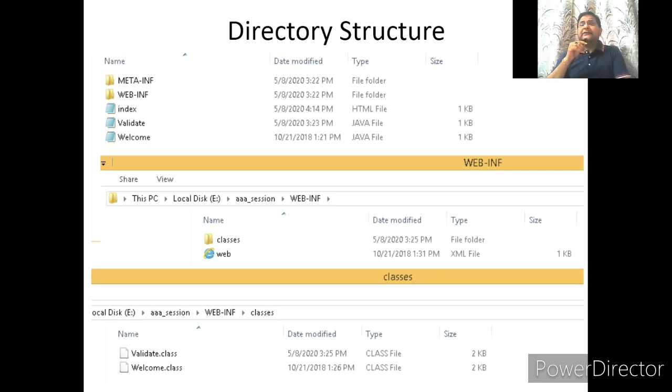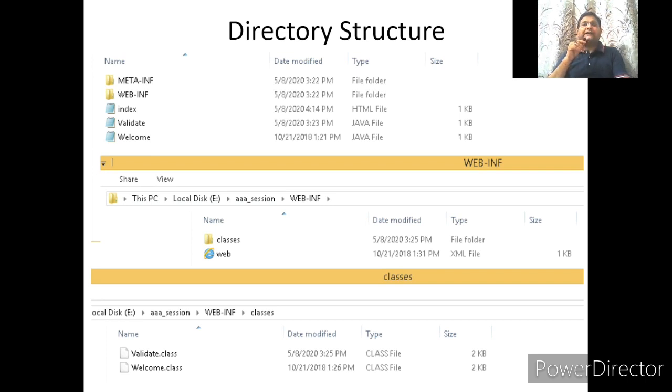The first basic thing is, before writing any code, we have to follow some directory structure. Suppose you have your first folder, say Anil. That folder will contain one WEB-INF folder and other files. Other files mean your Java files, your image files, your JSP files, and your HTML files that will be present in your Anil folder. And what will be the content of WEB-INF? That will contain one classes folder and web.xml.